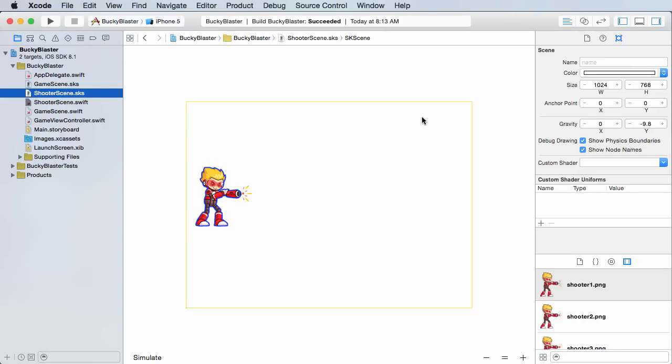Alright guys, now that we have our dude on the screen, what we can do now is actually start setting up that level. One of the very first things that I want to do is go ahead and start animating this guy, because right now he's pretty much just a still image. I want to build the animation so it looks like he's actually being affected by the firing of the gun. So anyways, let's hop over to shooter